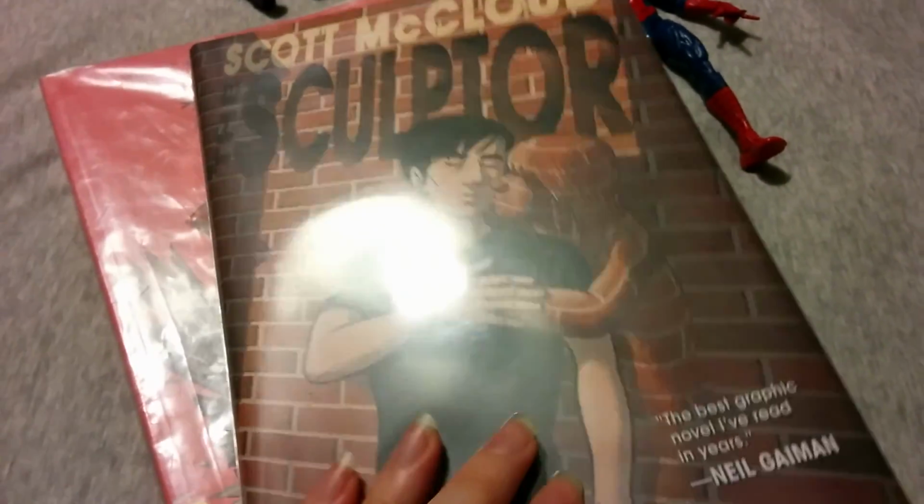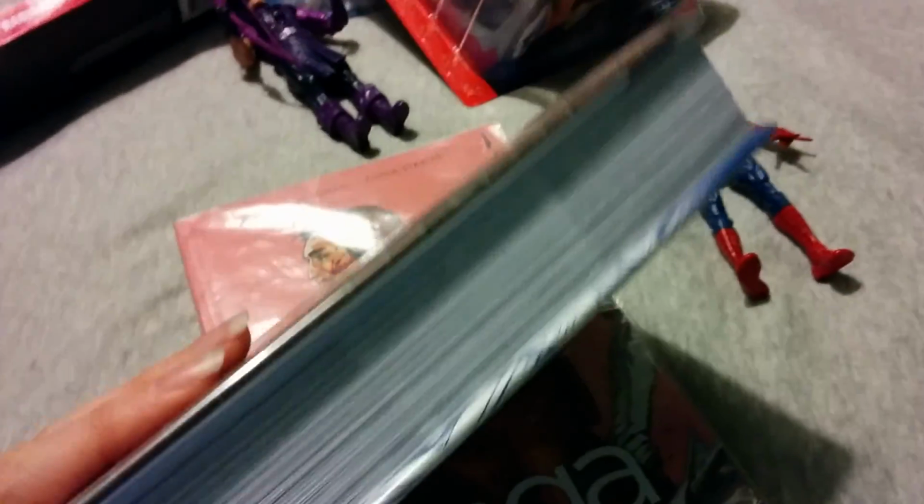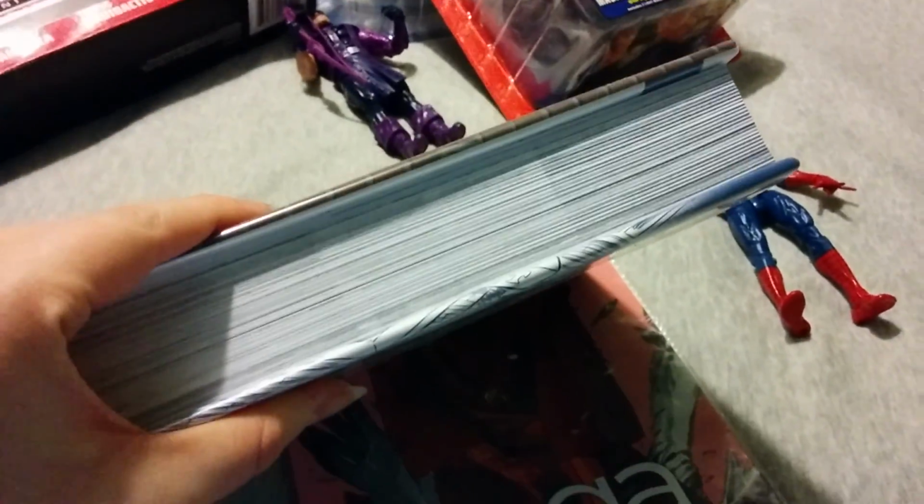I've already renewed the books once, though, so I'm trying to get through them pretty quick. Because I also have another book from the library, which is Scott McCloud's The Sculptor, which is a really thick graphic novel. You can see that here. This is Scott McCloud's first graphic novel, and I'm not sure how many of you are familiar with Scott McCloud,